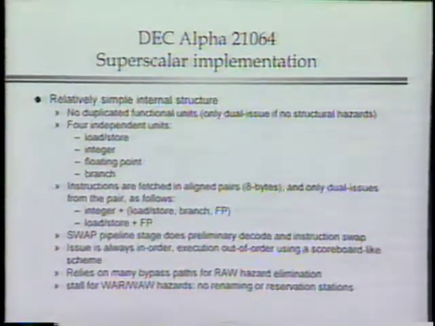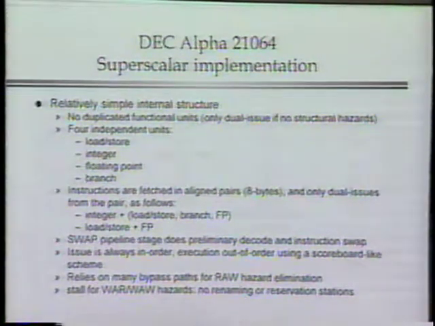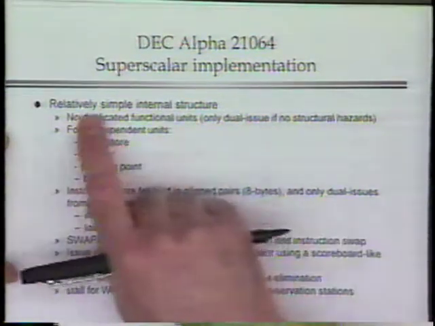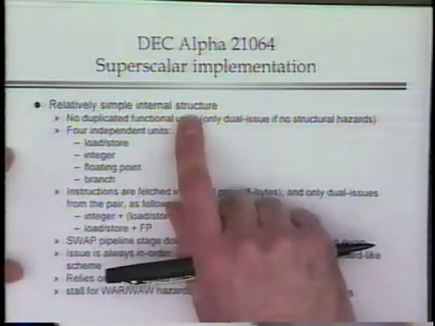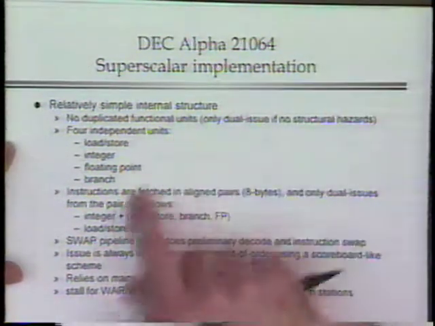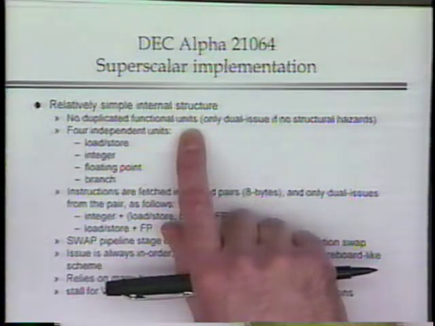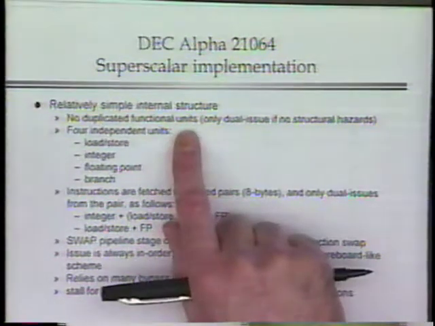The 21064 in some sense is a RISC implementation of a RISC ISA, and the PowerPC is more a CISC implementation of a RISC ISA. They tried to keep, for the 21064, a very simple internal structure. They start with a machine that is a single-issue machine with the functional units it needs, and can issue 2 instructions at once, but only if there are no